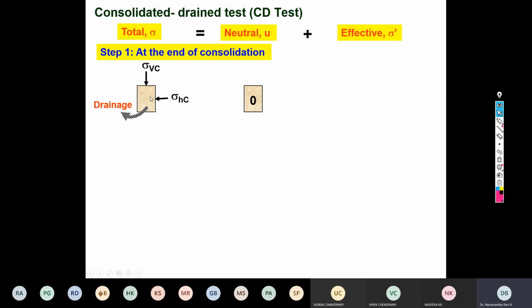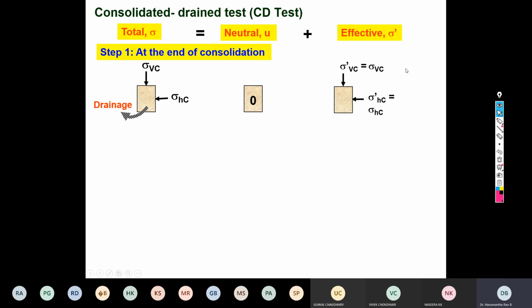Now, what you are doing, this is the total stress. The stress which is initially applied on the soil sample is called the total stress, because this amount of the load is borne by both soil particles as well as water. That's why it is called the total stress. But when the drainage valve is opened, the moment we apply the confining pressure, water simply escapes from the soil sample. It doesn't take any amount of the pressure. Therefore, the pore water pressure is zero. So your total stress becomes effective stress at the end of the consolidation.